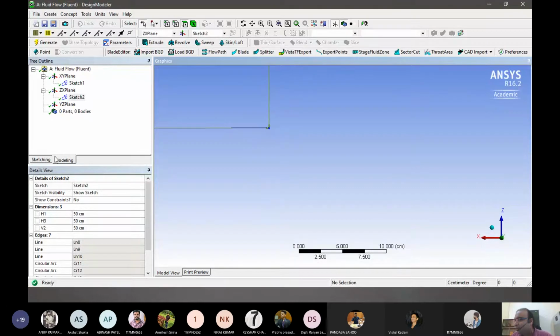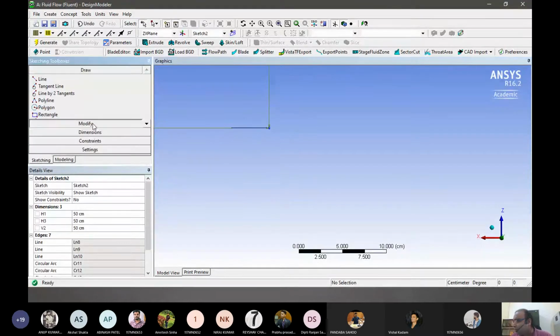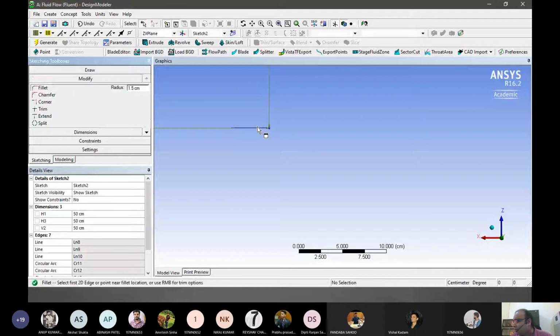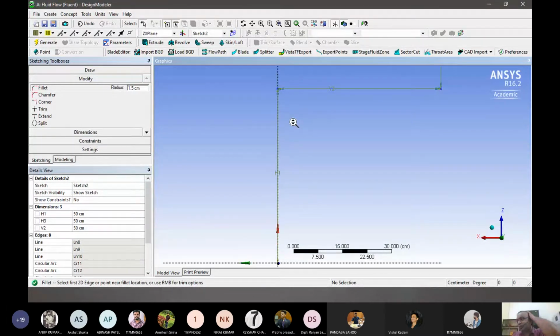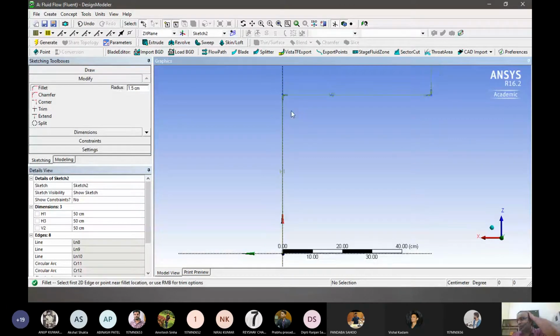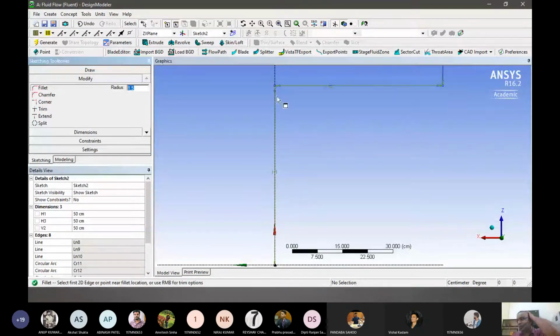I think on the scale of it, it still is very sharp. So what we can do is, because it's 50 centimeters, we can have a little bit more. Let's try 2.5 or 3 centimeters. I think that will work.